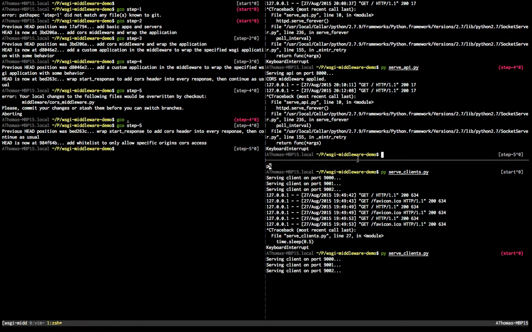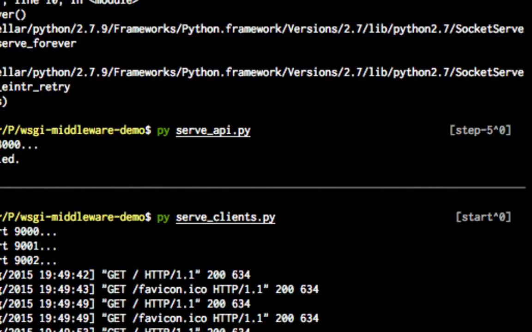Anybody want to print out of my TMUX session? Okay, so